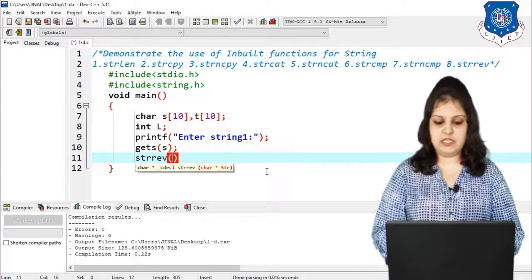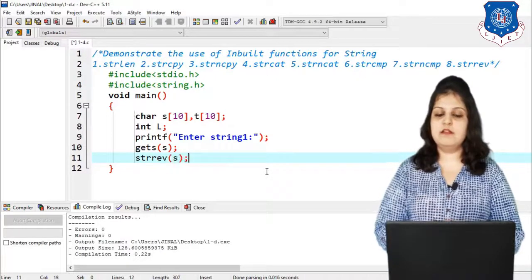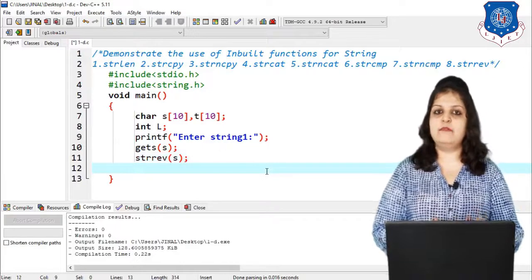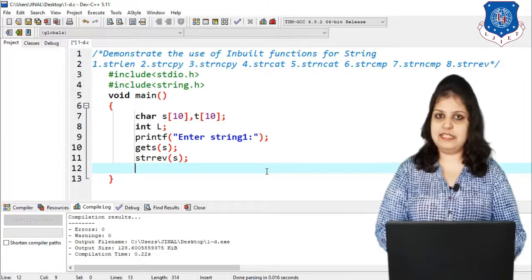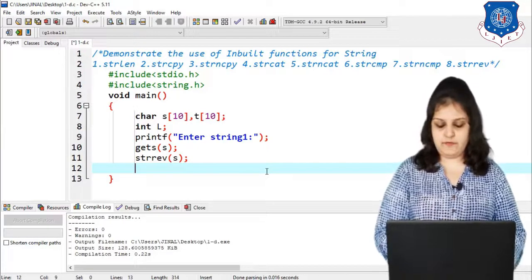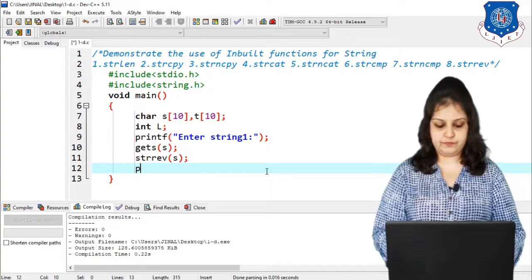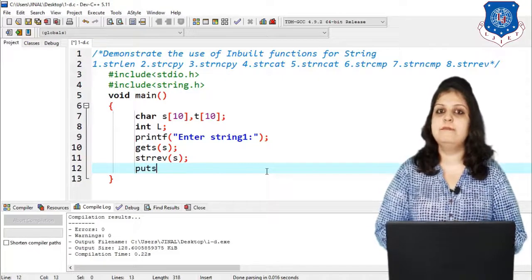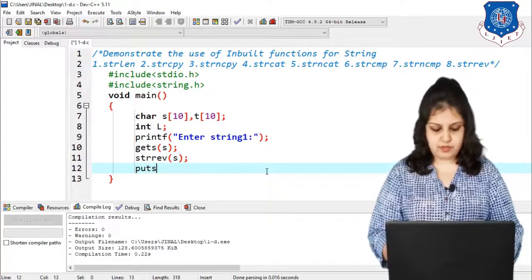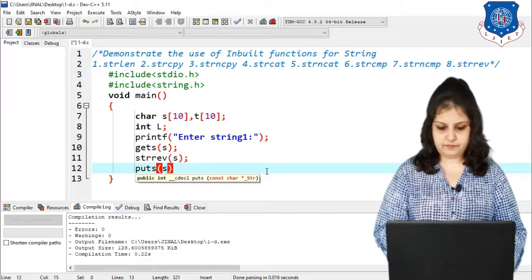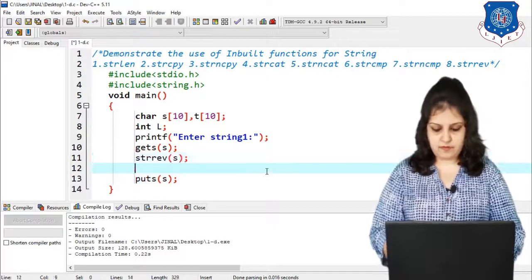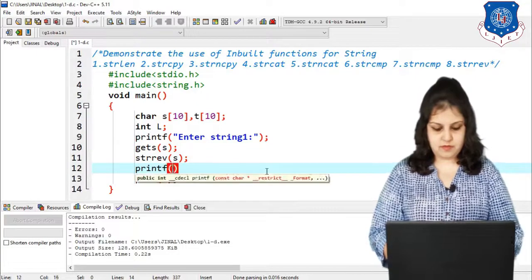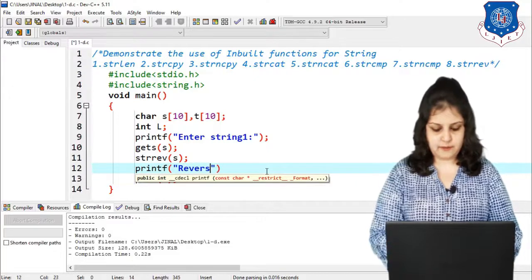So here our string is S. So our string is reversed now, and after reversing the string, for output we have to print the same string, and for printing we can use the puts function. Puts is similar to the printf function. So puts S, and here one printf reverse string.